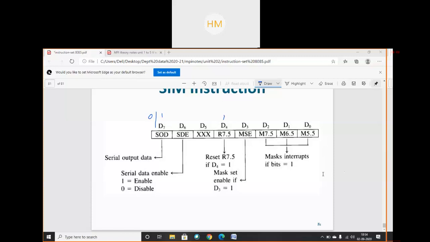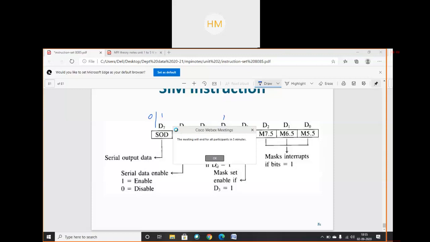What is E, dear? After E comes F. It is 1110. So which interrupt is masked over here? Okay, what is your MSE? Mask set enable: D1, D2 will be masked. 1110, Harshita, this is right. D1, D2 will be masked. That means RST 7.5 and 6.5 will be masked. Mask set enable is 1.